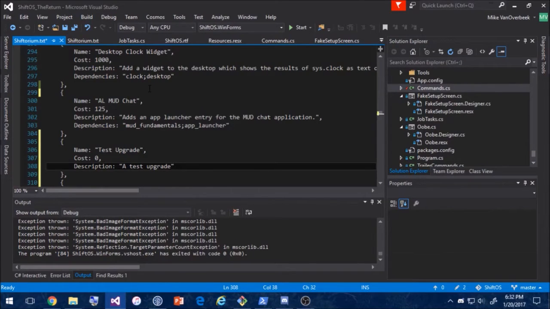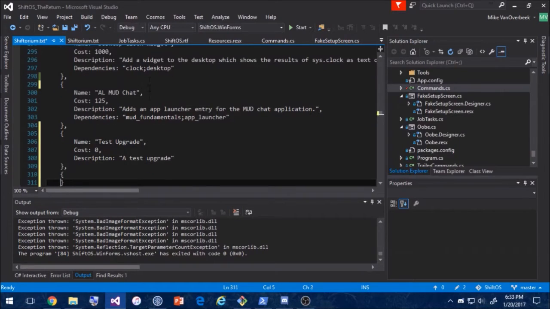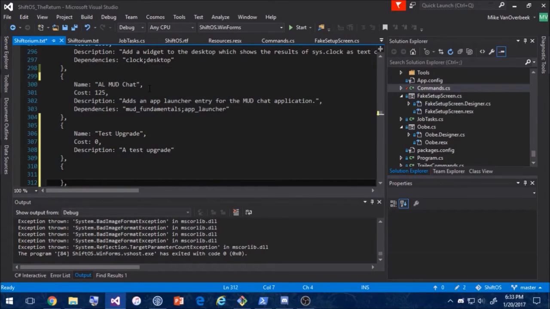Now I've already purchased this upgrade in a previous attempt at recording this, and I've already made a function that will utilize this upgrade. It is a test command that'll only run if I have this upgrade. So I might as well show off how dependencies work. In ShiftOS, every upgrade has an ID, and it is simply their name in all lowercase, with any spaces replaced with underscores. So, if we want to add another test upgrade,